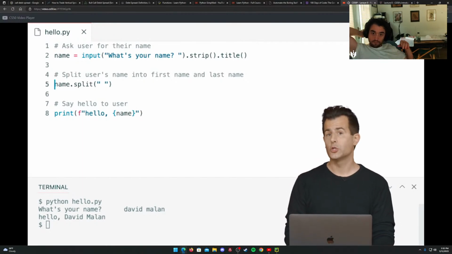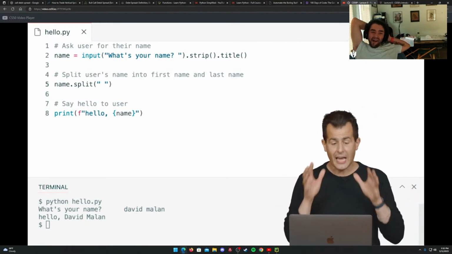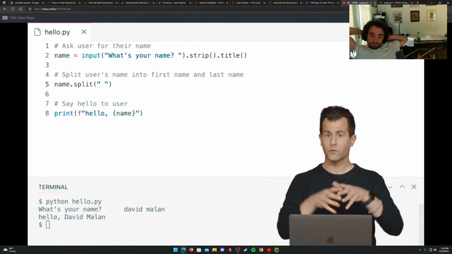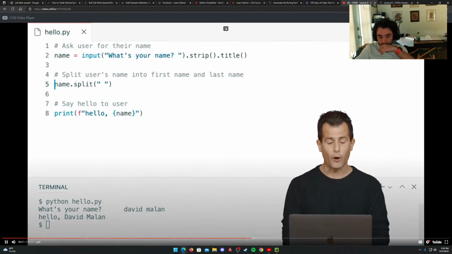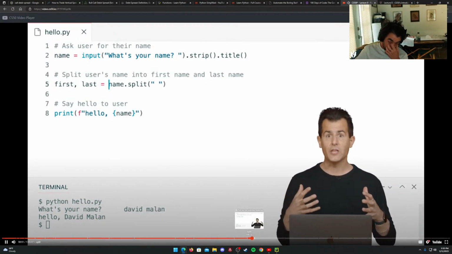Now, it turns out split's going to return a sequence of values, ideally a first name and then a last name. And we can actually, in Python, assign both of those values from that sequence at once to some variables. For instance, first, comma, last equals, and that's going to have the effect from right